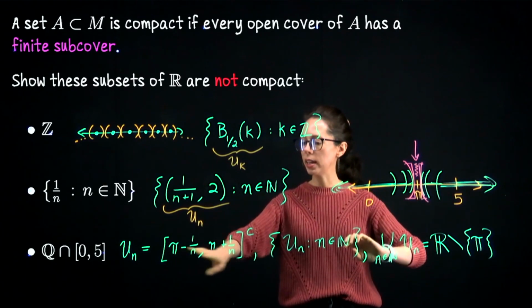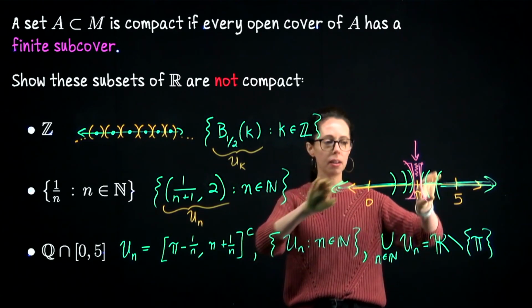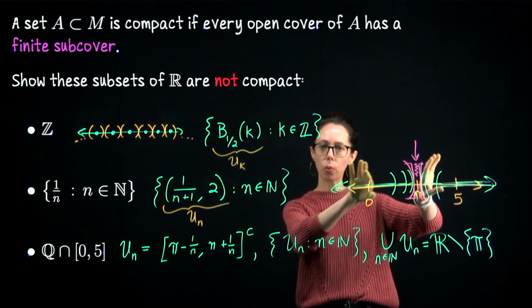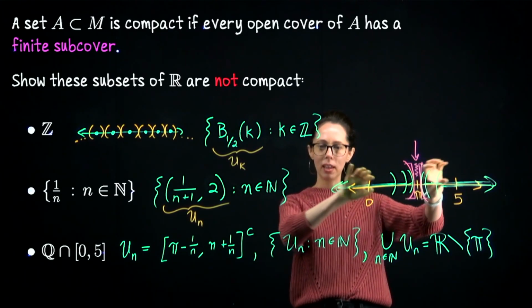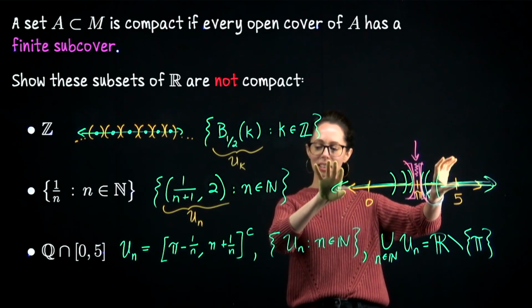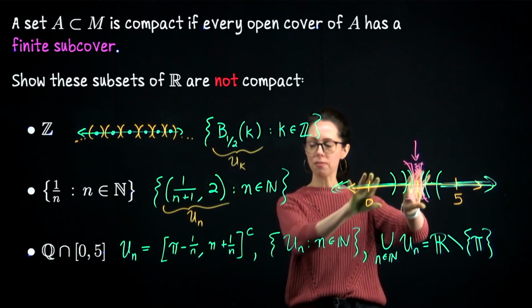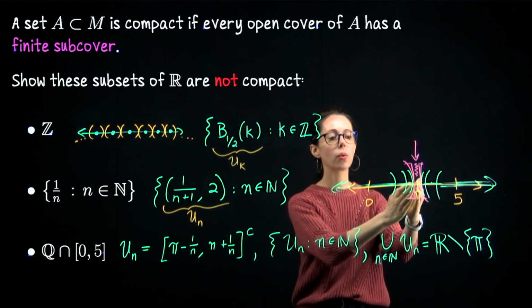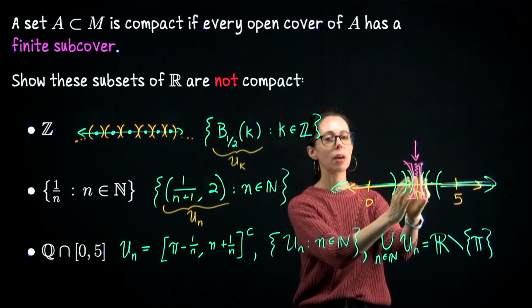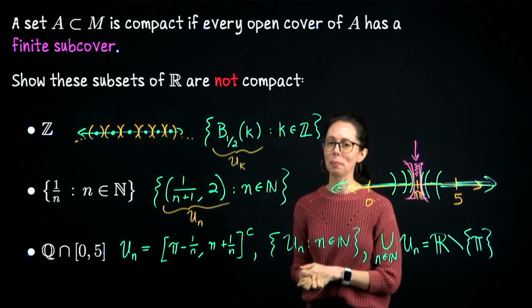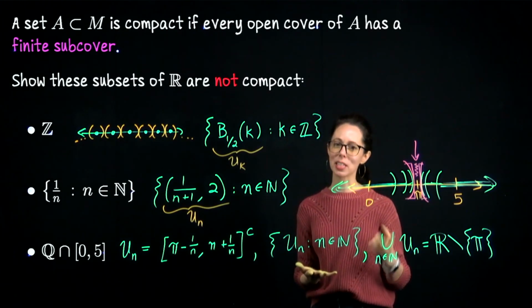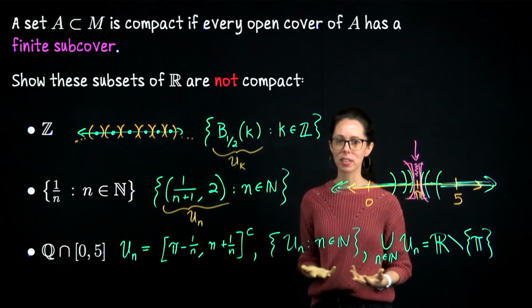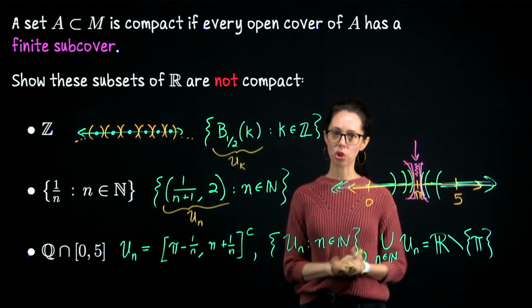So it's like I created an open cover based on this idea of approaching this accumulation point. And then when I try to stop that process after only finitely many sets, we're not going to pick up the members of the set which are even closer to the accumulation point. Okay, I'm mentioning this partly to teach you how to construct these counterexamples to show that a set is not